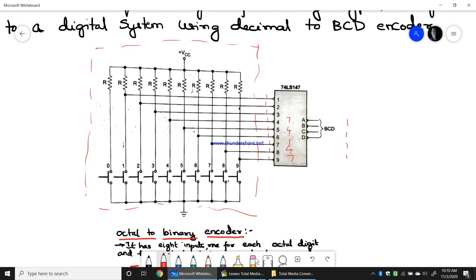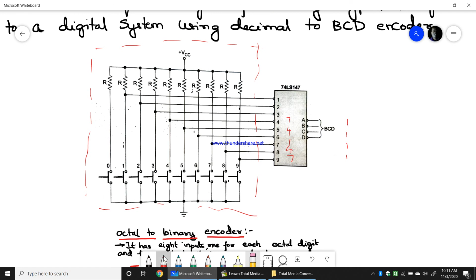Now think that I am pressing this button, this 0th button. When I press the 0th button, all inputs are still connected as one, because the 0th button doesn't have a link with any of these input lines. Even though it is pressed or released, VCC is connected directly to this 1 to 9, therefore it always gives 1111. Now think I am pressing 1, I pressed pin 1.